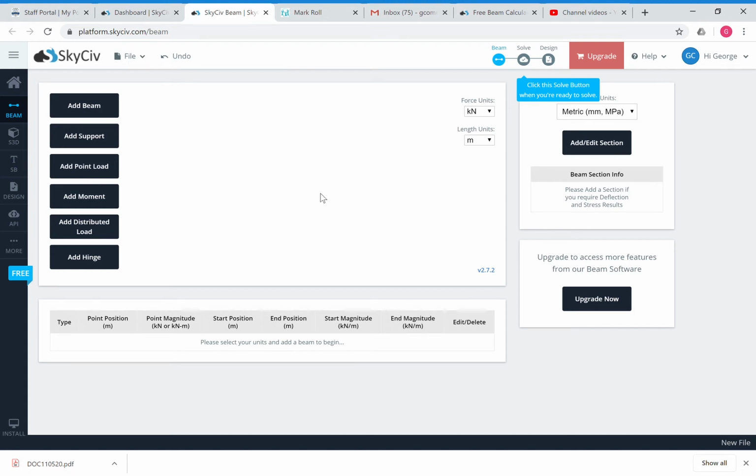Okay, for this video we're going to check our answer from the previous video and make sure that our shear force and bending moment diagrams agree with what we came up with in that last video. We're going to do the point load first, and then we're going to have a look at what the UDL looks like as well. And then we're going to use this program